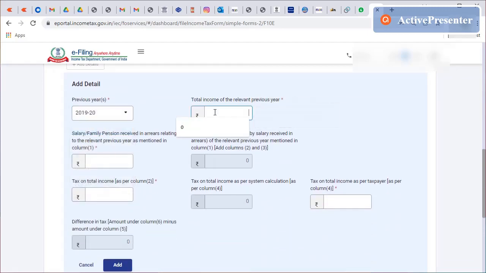Click on it and fill the total income of that relevant year. How to get this data? You would have filed your previous year IT return and you would have received an acknowledgement copy ITR file, so that you can find the total income. So you have to enter that value here. So supposing I will enter it as,